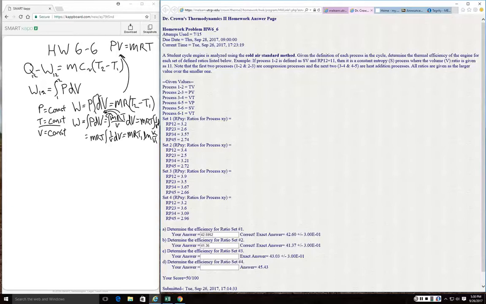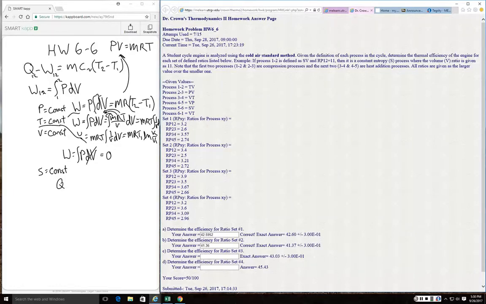And then finally, for V equals constant, work equals the integral of P dV, but V is constant, so there is no dV, so that's 0. And there's one other case we might want to think about for the work, which is what if the entropy is constant? The easiest way to deal with that is, if entropy is constant, then Q is 0, so